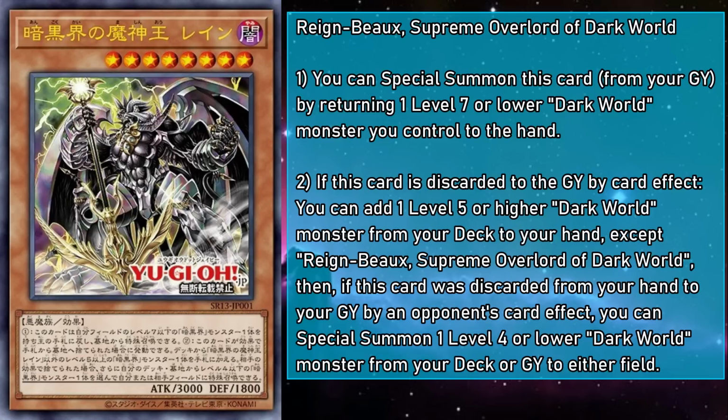If this card is discarded by a card effect, you can add a level 5 or higher Darkworld monster from your deck to your hand, except a copy of itself. Then, if this card was discarded from your hand to the grave by an opponent's effect, you can special summon a level 4 or lower Darkworld monster from your deck or grave to either field. I expect that last effect will also not be seen very often, but its regular on discard effect is looking